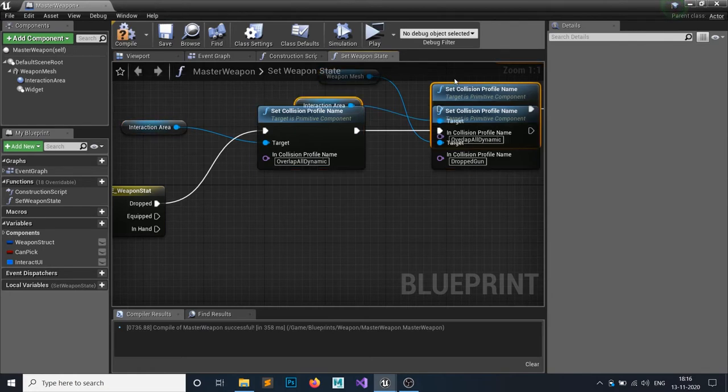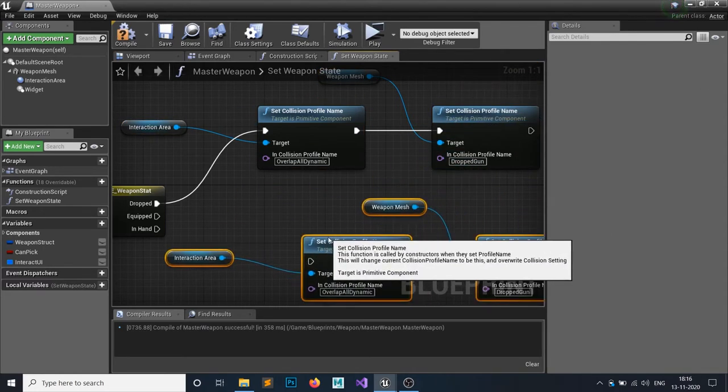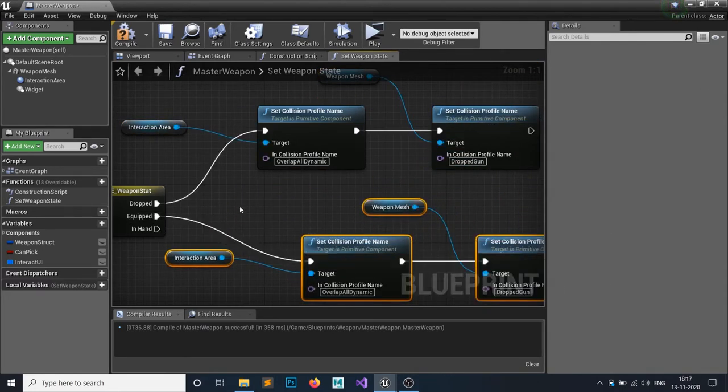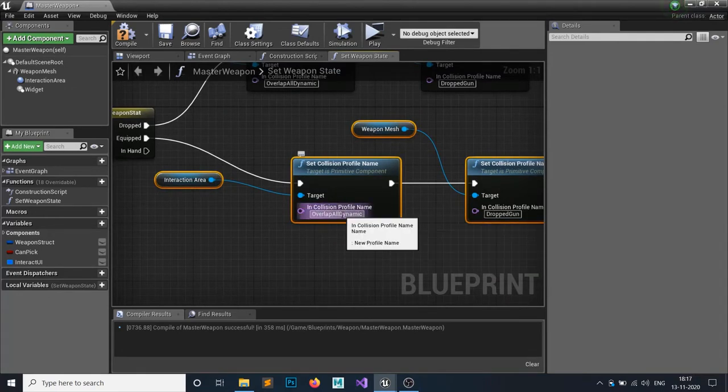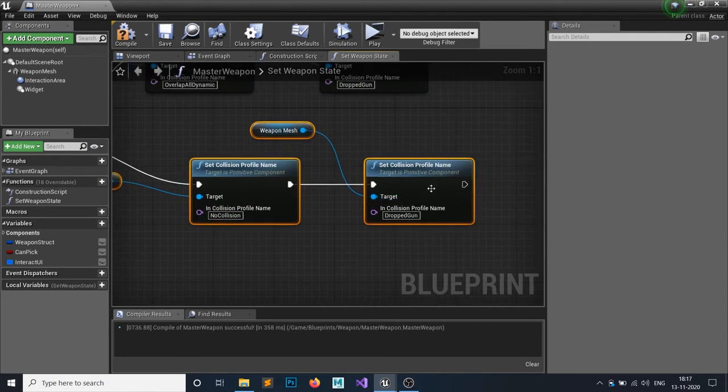So I will simply Control W to duplicate that, and I will set it to equip. If it's equipped, then I want to set it to no collision, because I don't want to show my interaction area sphere collision to show the widget. This is why I'm setting this to no collision, and this one to no collision as well.